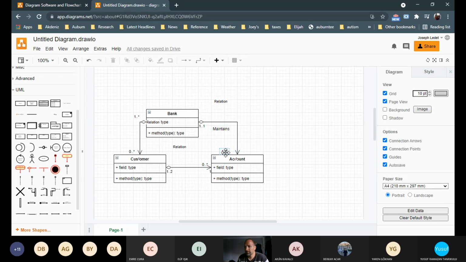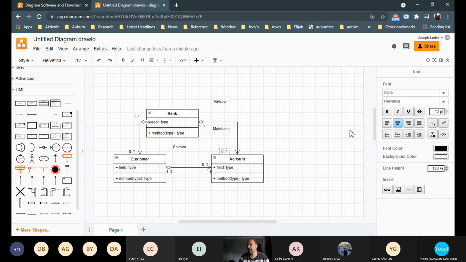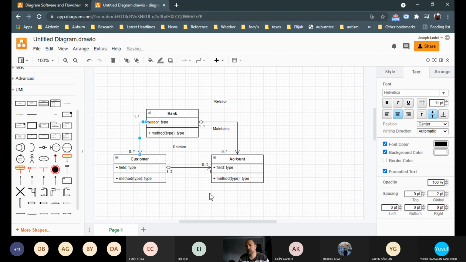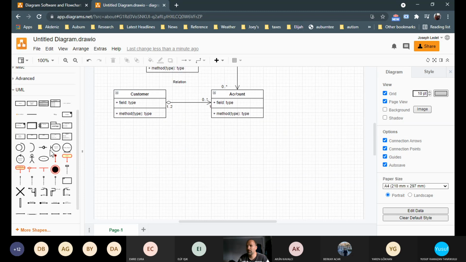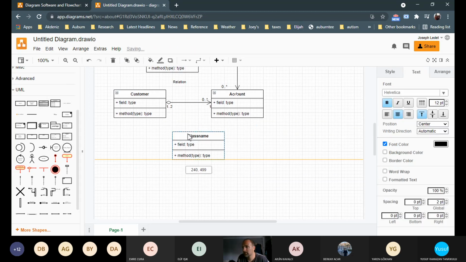Okay. Or what if I said, well, you know what, I just don't want this relationship here anymore at all. I'm just going to maintain, instead of a customer having a direct relationship with the bank, I'm just going to have them have a relationship with an account, and the account has a relationship with the bank. That's possible, right? And how is that different? All right. So that's the bank, customer, accounts, and then of course I would also want you to be able to tell me things like